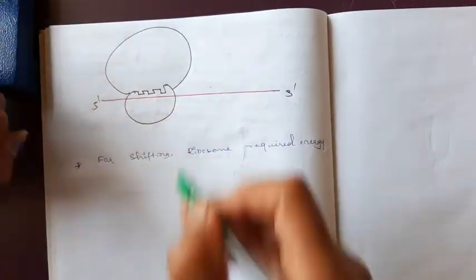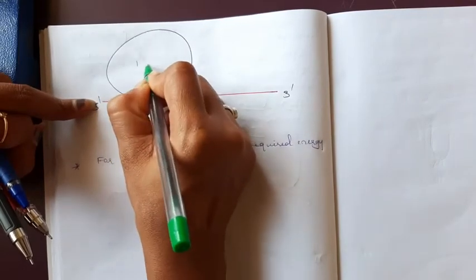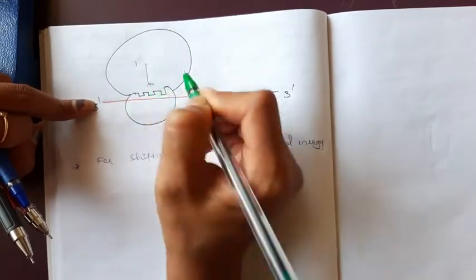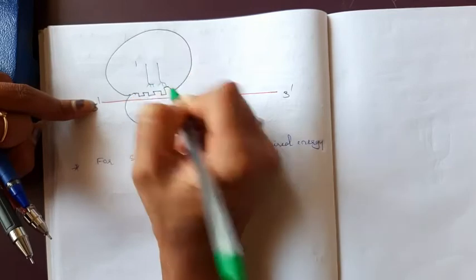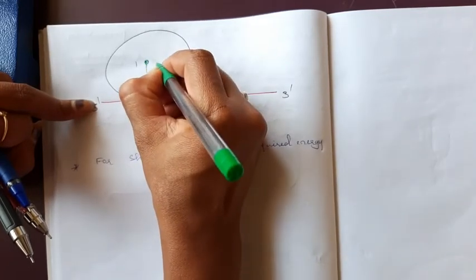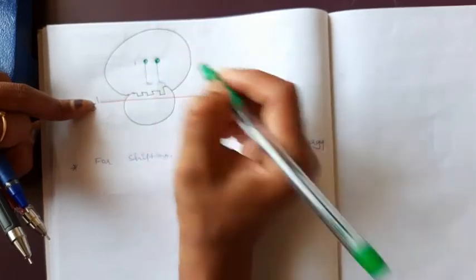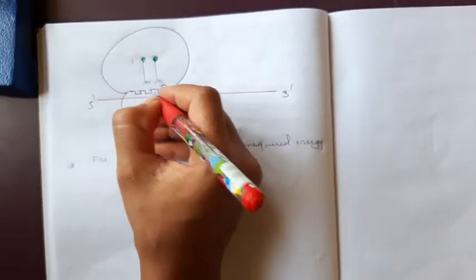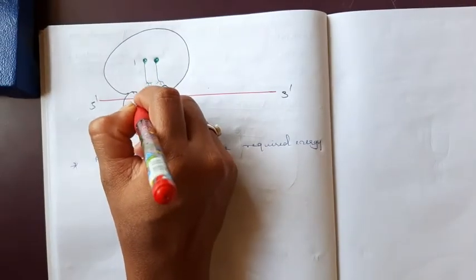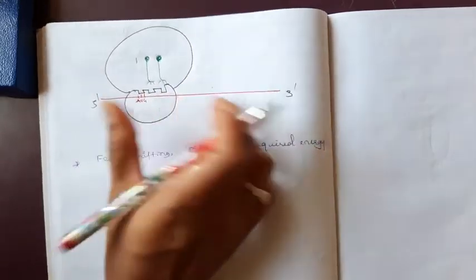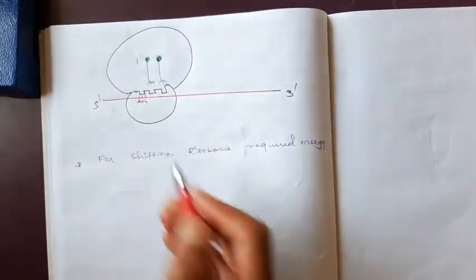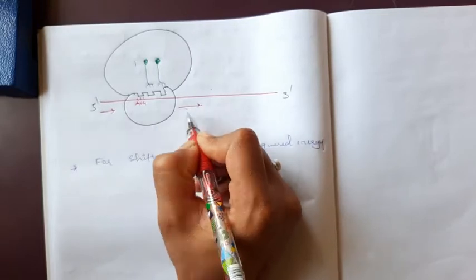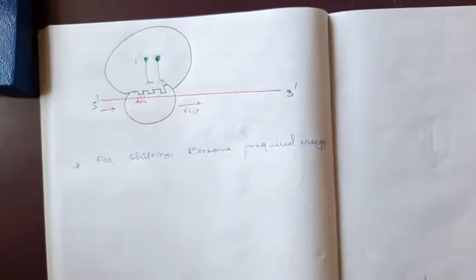First, this is the AUG now. Okay, the amino acid shifted. Flip, I will write flip here. Okay, then